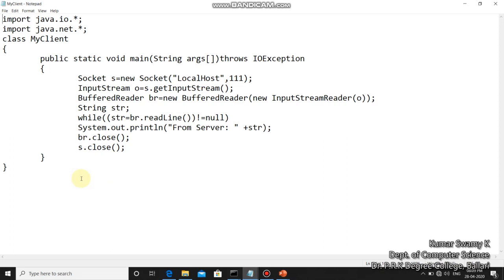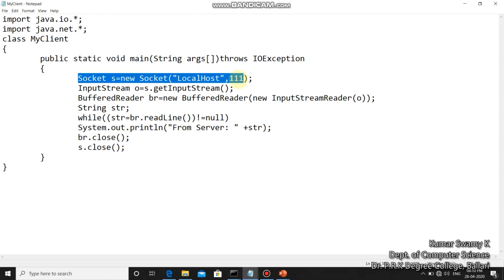When you look at the client side, there is no need of having a server socket, because the server socket class needs to be at the server side to send data from the server. In this case I'm creating an object for a socket class. For this I'm passing two parameters, one is localhost and the other is 111.